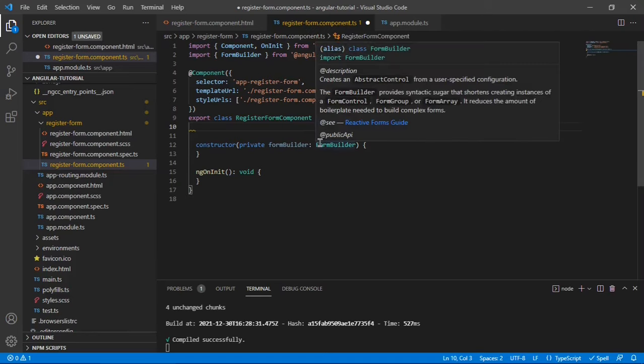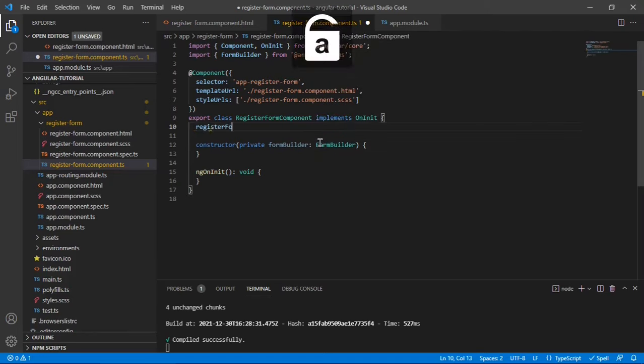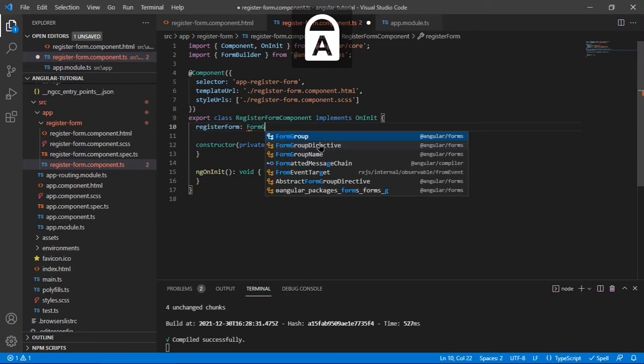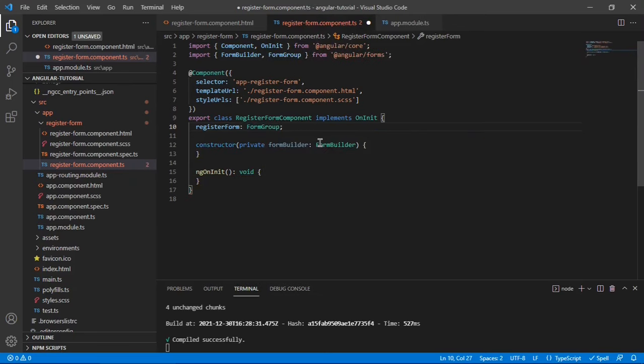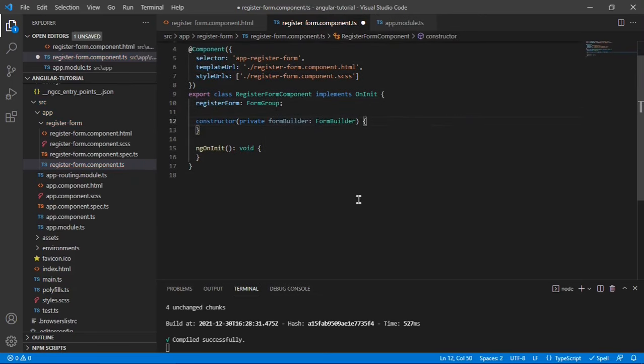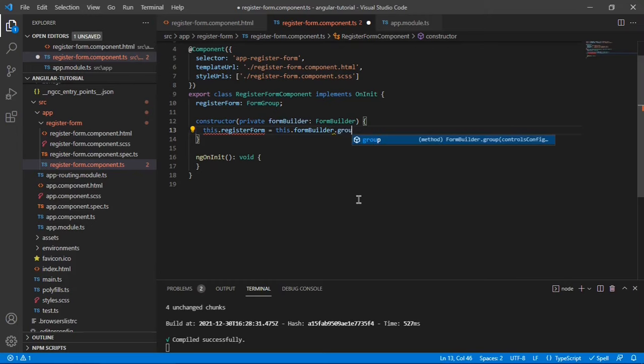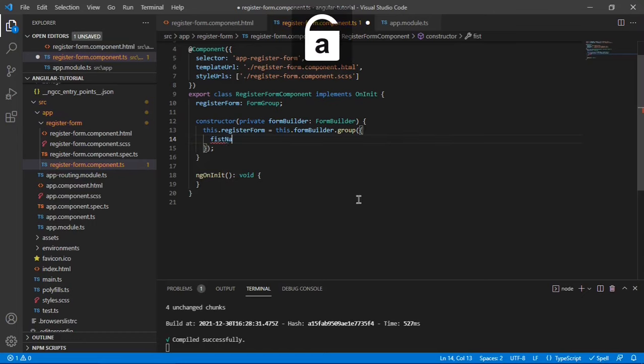So I'm just going to create a property, which is a form group, and with that I'm going to initialize that. So register form, and I'm going to be making use of the service, the group function. So the group function, which basically creates a form group, and within this group function it basically takes in the form controls. So our form control, which is first name,